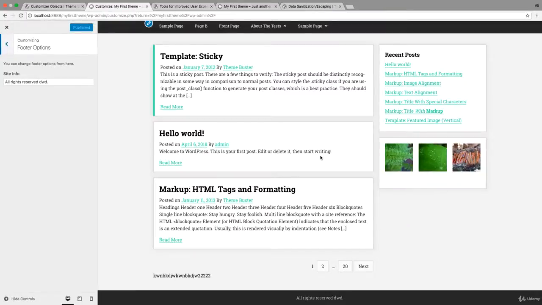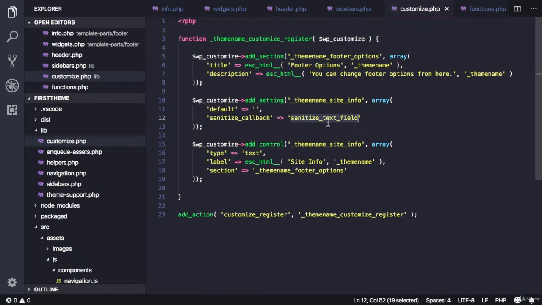So in the last lecture we've added this footer text and it's escaped and sanitized and everything, but we actually need to allow some HTML like A tags to pass the sanitization. So instead of adding a sanitize text field function here, let's create our own function that will allow that. So let's add a name here that we would create in a moment. So theme name and sanitize